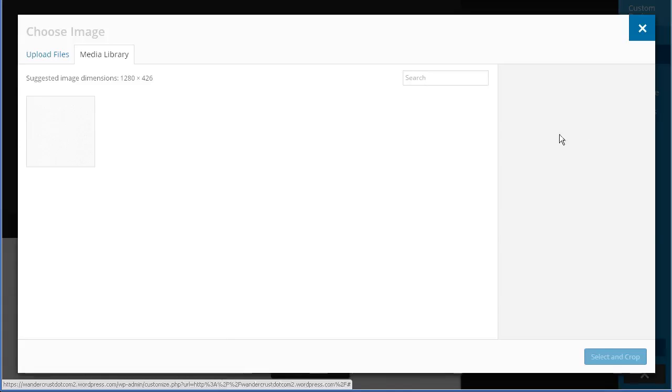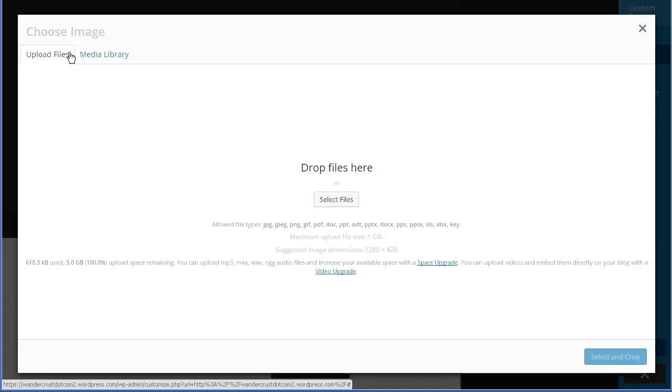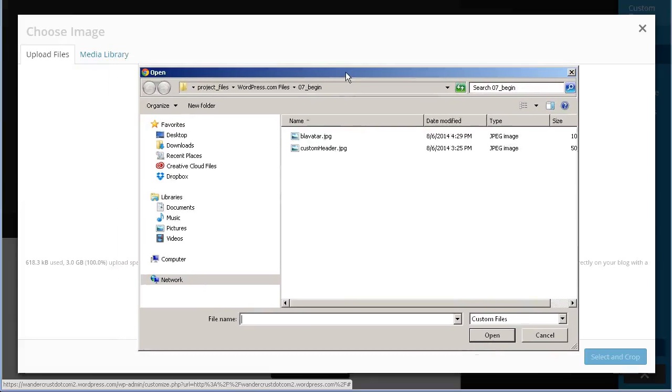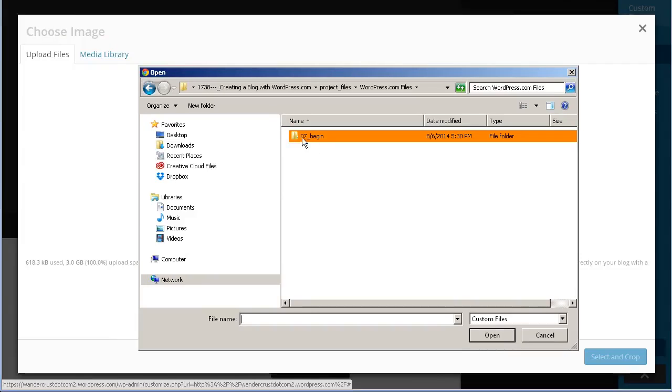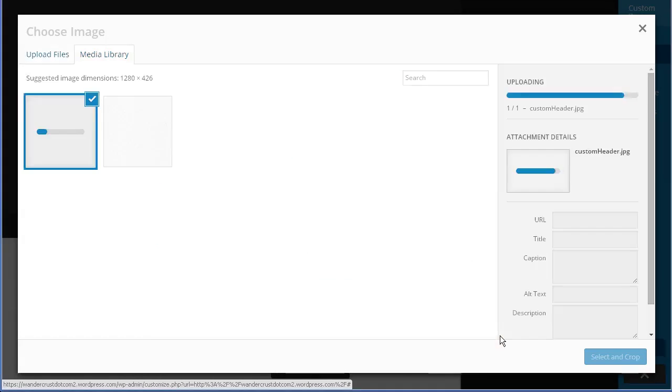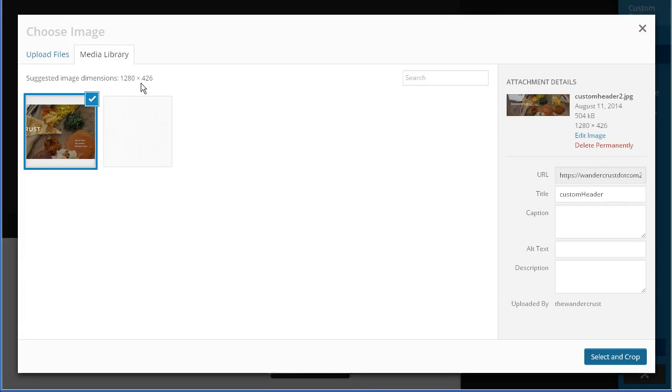It's going to pull up my media library. You can see my textures here, and I want to come here to upload file. So I'm going to select a file, and you can see I'm in my 07 begin folder. So I just want to click in there, and I have this custom header.jpg. So if you want to test this out and follow along, you have that file available to you to use. So I'm going to open this, and once it uploads it,